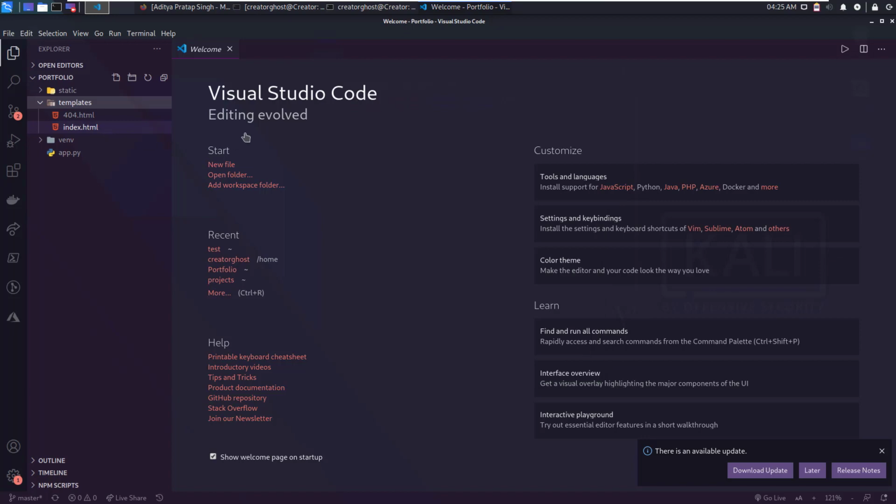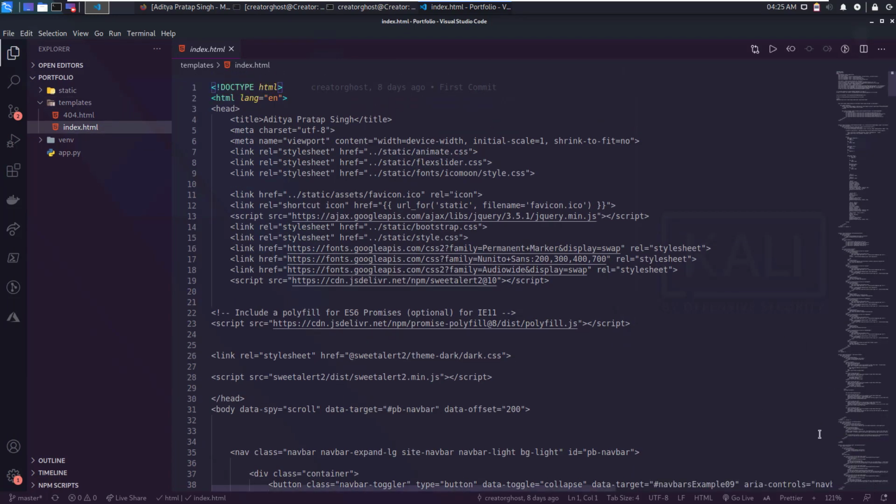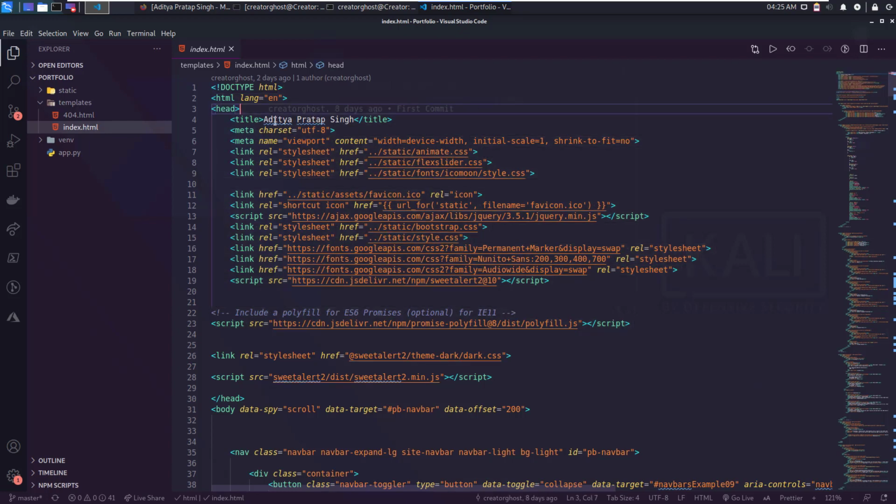To modify this for your needs, the only thing you need to change is this index.html file.